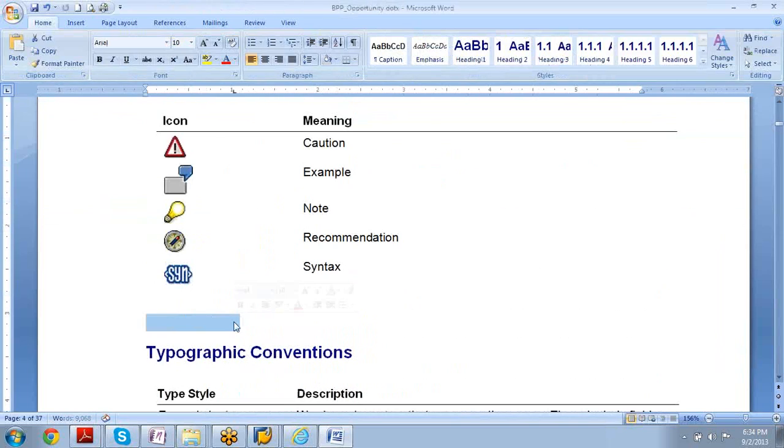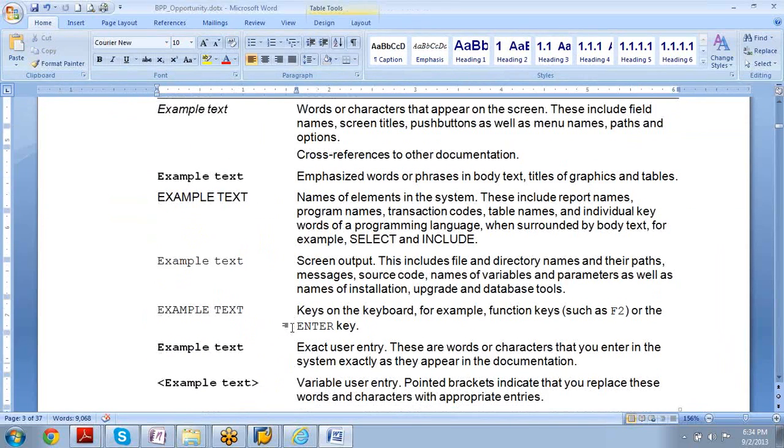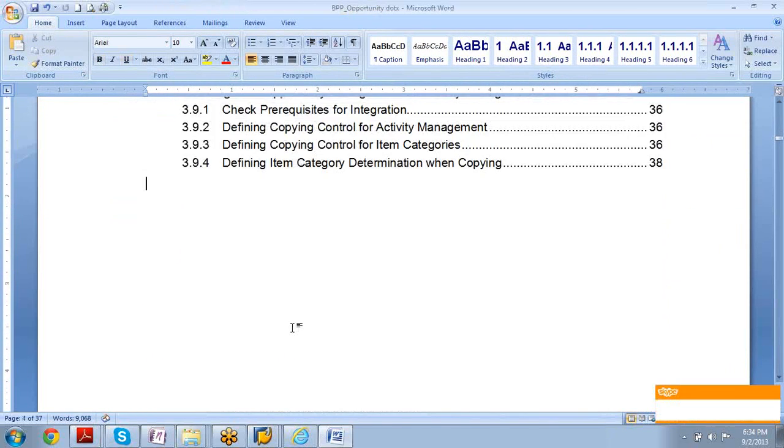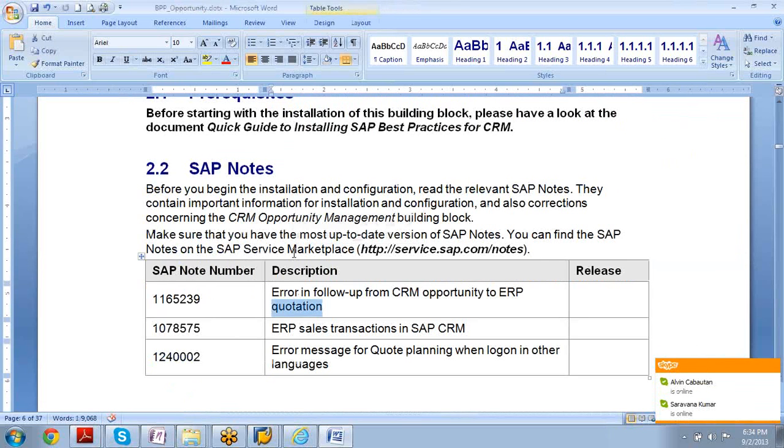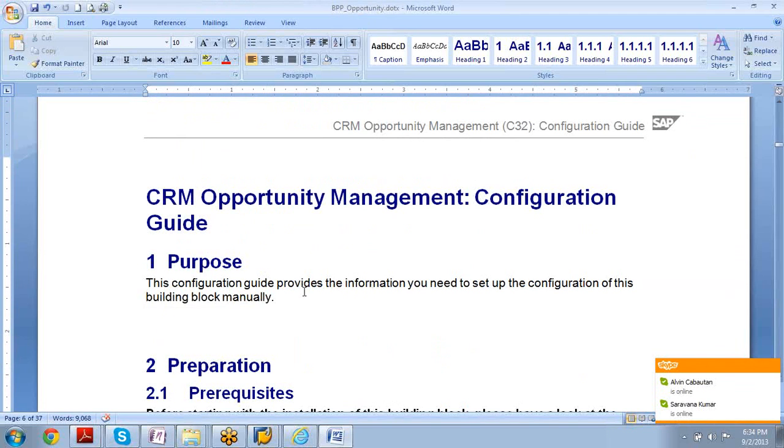What are the prerequisites for that? Everything is clearly discussed. This purpose and these things would be changed, because my configuration provides the information you need to set up the configuration of this building block manually. That means the building block is nothing but opportunity management as a block.